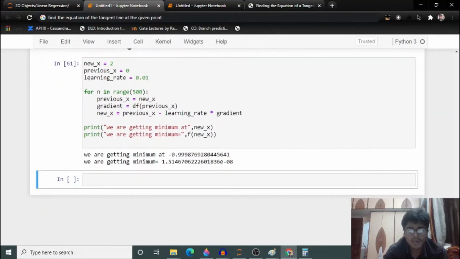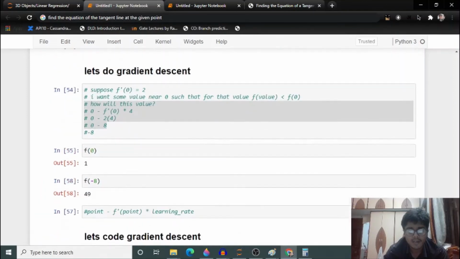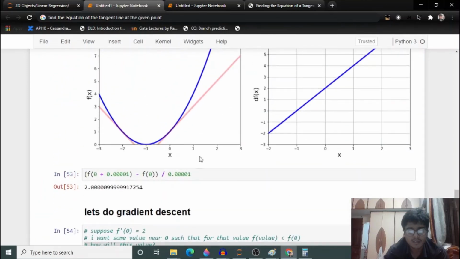So we are getting at minus 0.99, that means here guys. Minus 0.99 means very close to 1, because we are starting from 2 guys.